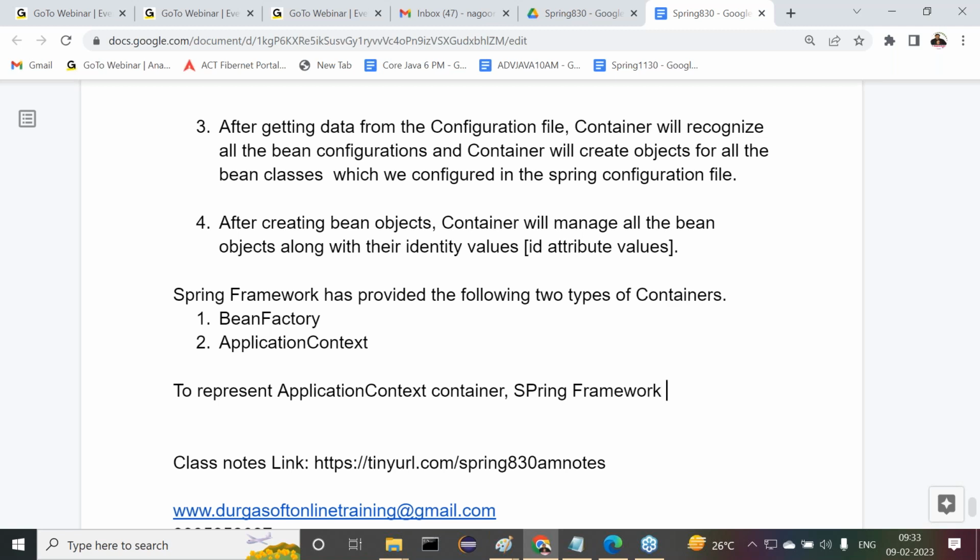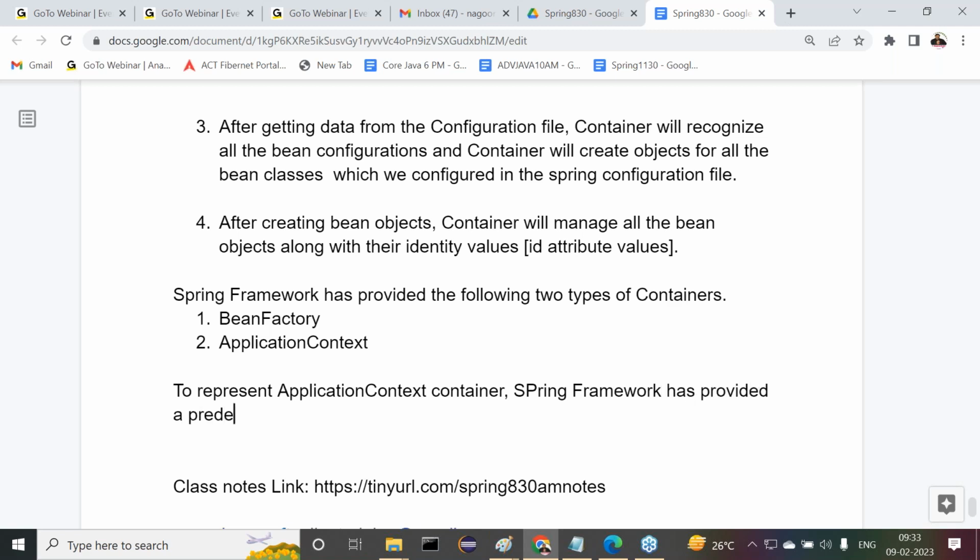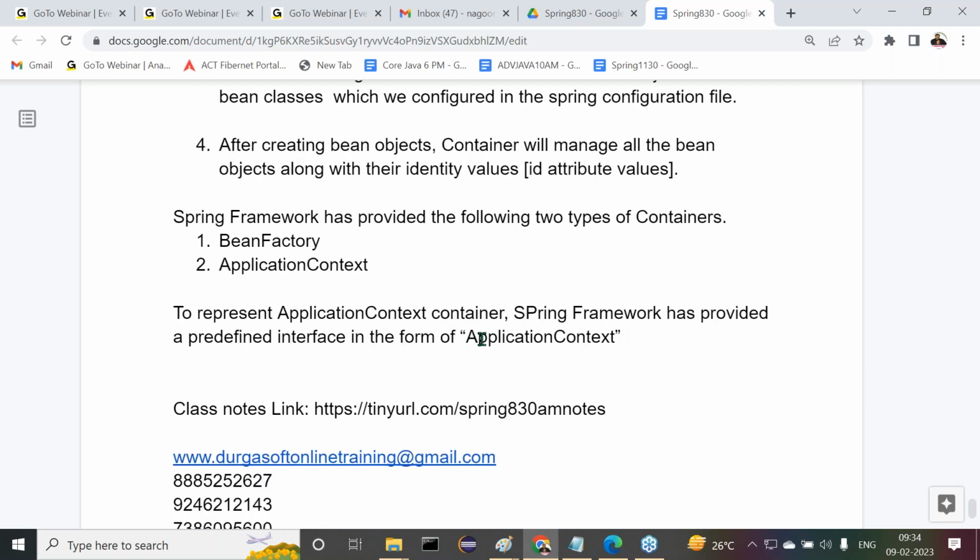Spring framework has provided a predefined interface. Some package name is available, but it is not required to remember that package. It is org.springframework, common up to core module, org.springframework.core. There are some other sub packages available, not required to remember these packages. Directly we can use it. Application context is an interface, so implementation classes must be available or not? Implementation classes must be required if it is an interface. So to represent the application context container, Spring framework has provided a predefined interface in the form of ApplicationContext, and